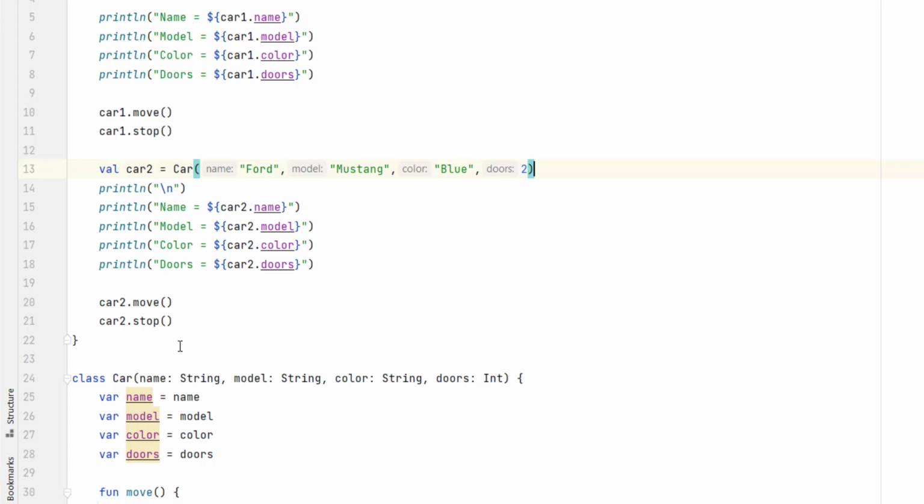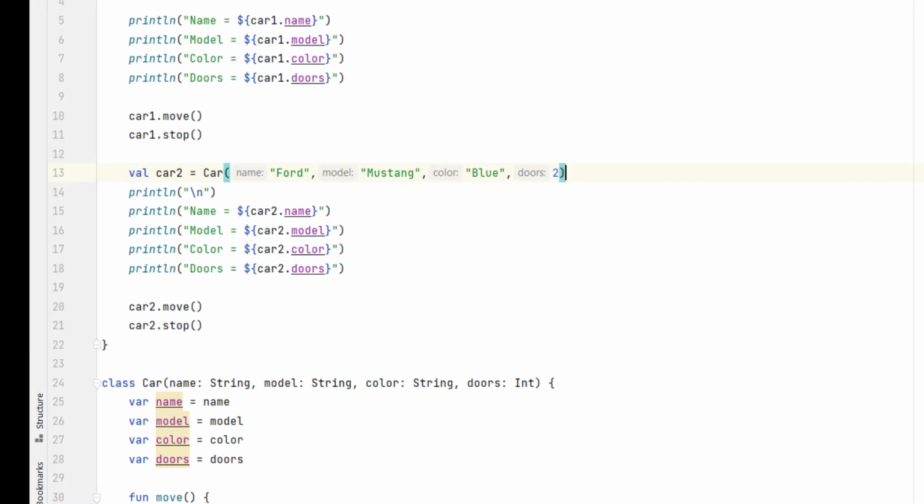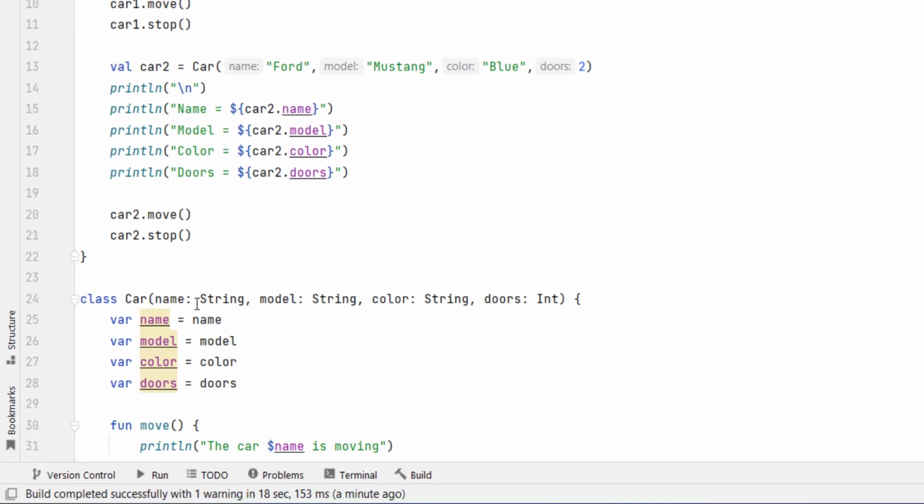They are not storing the state of the object. They are only here to get whatever value we pass here, and their job is only to get that value and assign it to the property name. So only the variables which are declared inside the class are ultimately storing the state of that object.